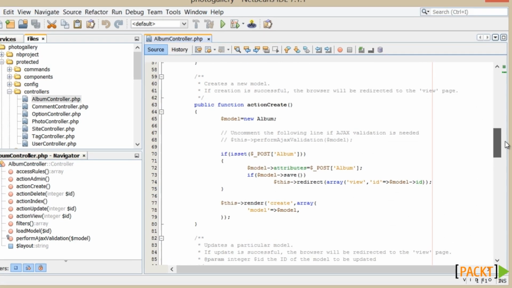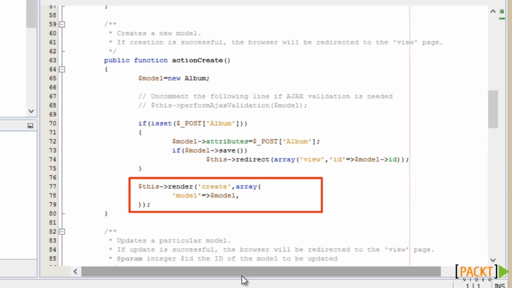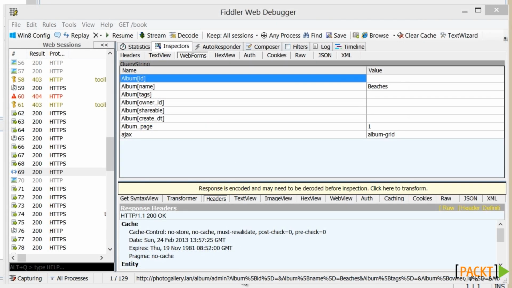When we want to create a new album, we create a new instance for the album ActiveRecord model and use this with our create form. The create form is the same form as used by the update action. When we post this form back to the create action, the post variable contains an array, as you can see